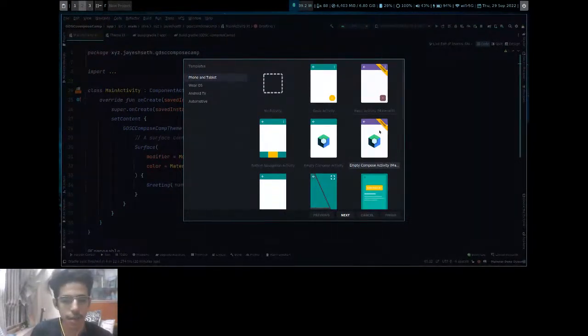This is basically Material You. Material You was introduced recently with Android 12. Material You fetches colors from your wallpaper, so your app will change theming based on your wallpaper. Material You is a bit harder for beginners right now, but I'll try to make it easy for you. I'll explain what colors you need to use, etc. And the other empty compose is Material UI, basically Material 2. And you can click next.